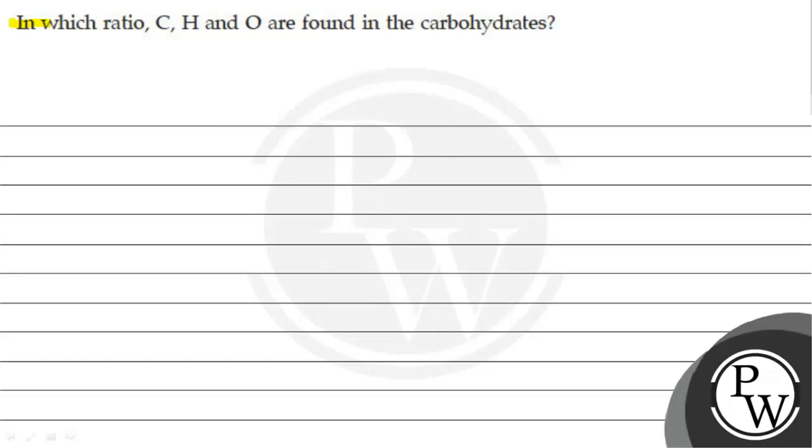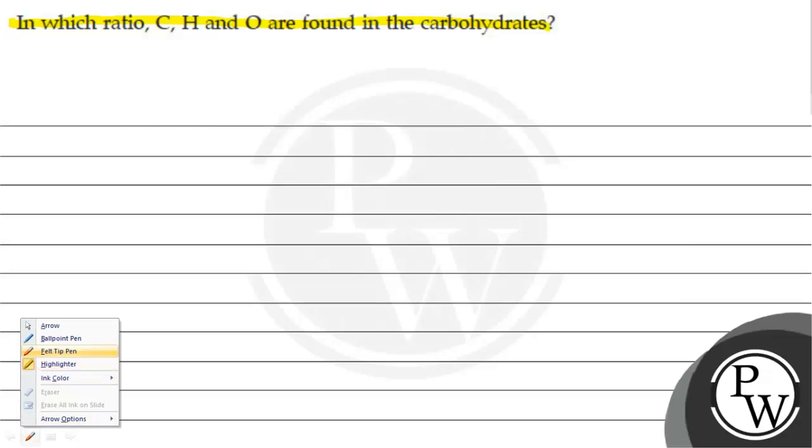The question states, in which ratio carbon, hydrogen and oxygen are found in the carbohydrates? Question में पूछ रहे हैं कि कौन से रेशियो में कार्बन, हाइड्रोजन और ऑक्सीजन पाए जाते हैं कार्बोहाइड्रेट्स में। इस क्वेश्चन को आंसर करने के लिए हम कॉन्सेप्ट देखेंगे